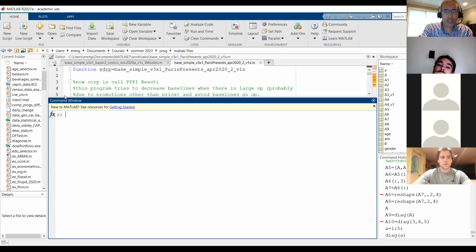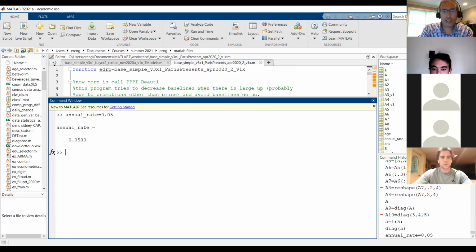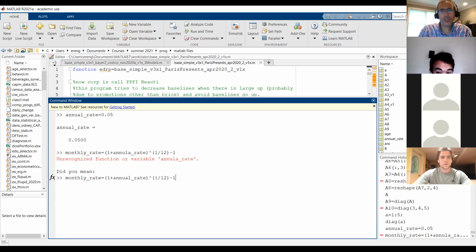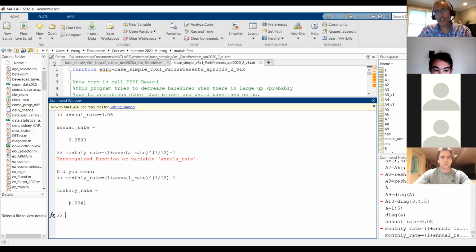So let's assume, guys, an annual rate. Let's say that my annual rate equals 0.05. I need to compute my monthly rate. How do you compute my monthly rate? Do you remember? It's going to be 1 plus the annual rate to the power 1 over 12, minus 1. Do you agree, guys? So if this is my annual rate, this is my monthly rate,